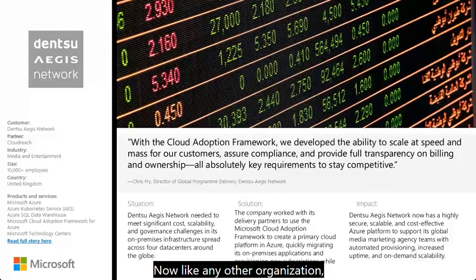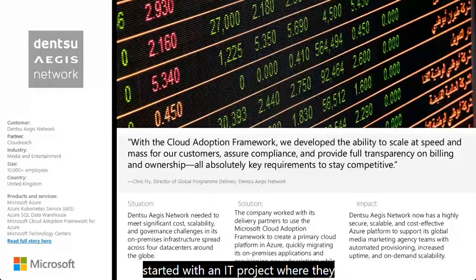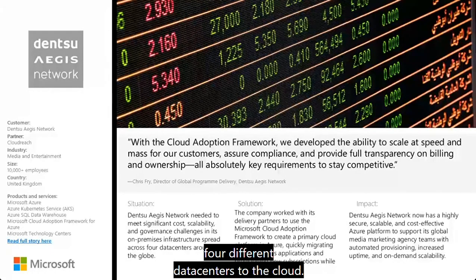Like any other organization, their cloud migration started with an IT project wherein they needed to study the cost savings of moving from an on-premise setup across 4 different data centers to the cloud.